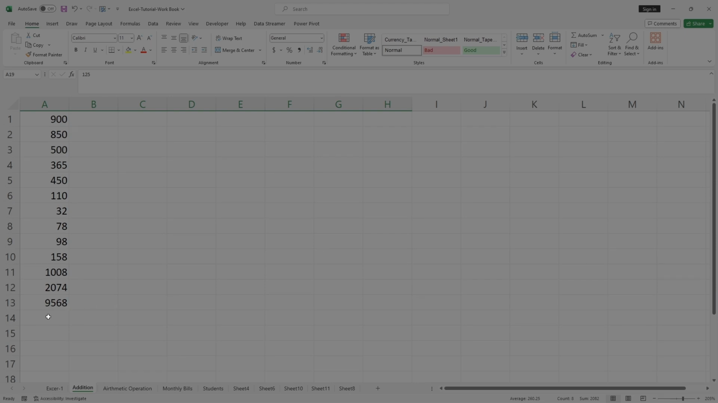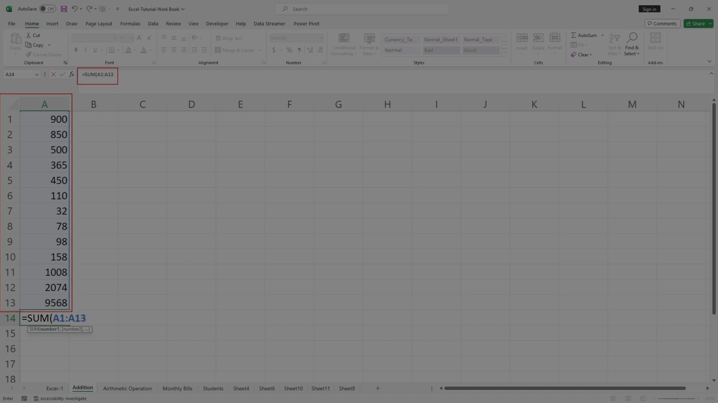Let us apply the formula and see if the total which we saw earlier in the status bar is correct. I will use the formula equals sum and open the bracket. Then select the range of the cells. I will be selecting the range of the cells from A1 to A13. Whatever you see here in A1 to A13 is the range of cells which I wanted to add,